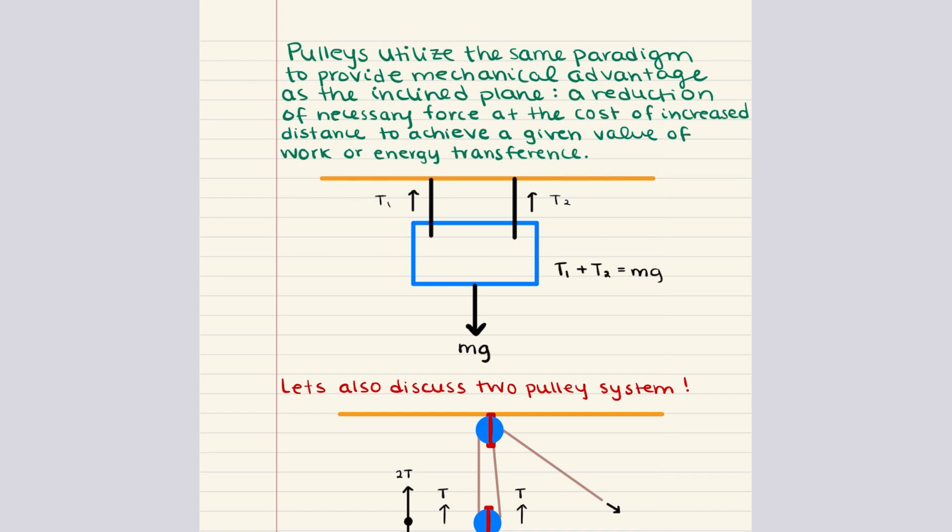Again, pulleys are simple machines that use wheels and a rope to change the direction of a force, making it easier to lift or move heavy objects. In a simple pulley system, a rope is looped around a wheel, and when you pull down on one end of the rope, the other end lifts the load. The pulley changes the direction of your applied force, and it allows you to exert a downward force to lift